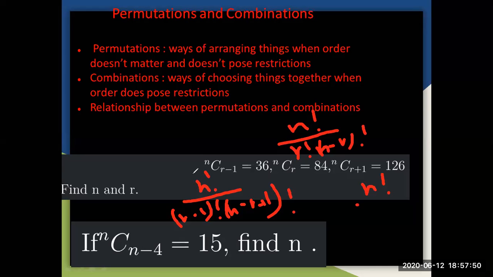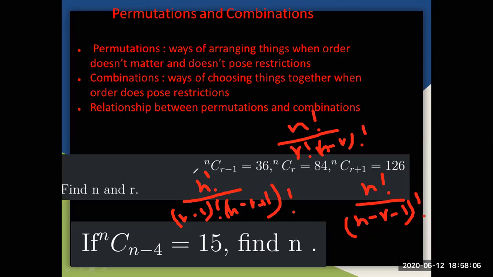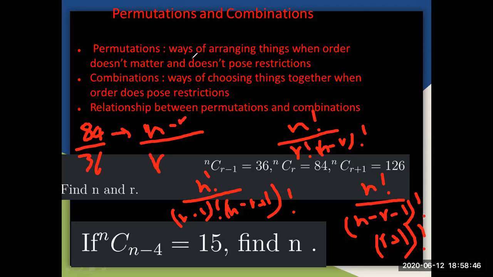And over here we have minus r minus 1 factorial, r plus 1. 84 by 36 is r and minus r, and then